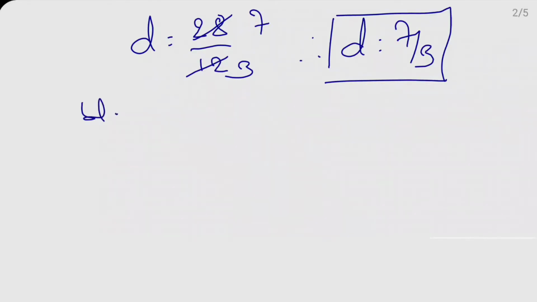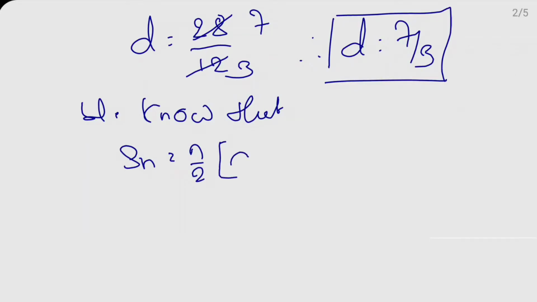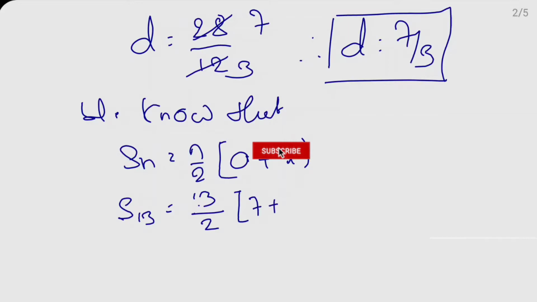So we know that Sn equal to n by 2 into a plus l. So now they asked S13. So S13 equal to 13 by 2, and a first term they only given, that is 7. The last term is 35,